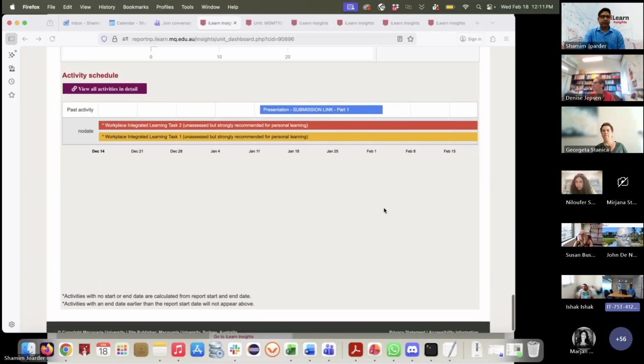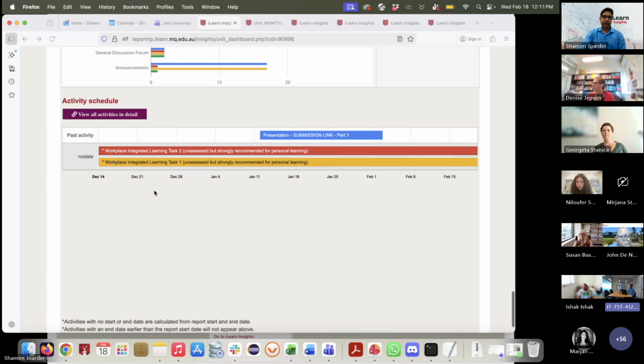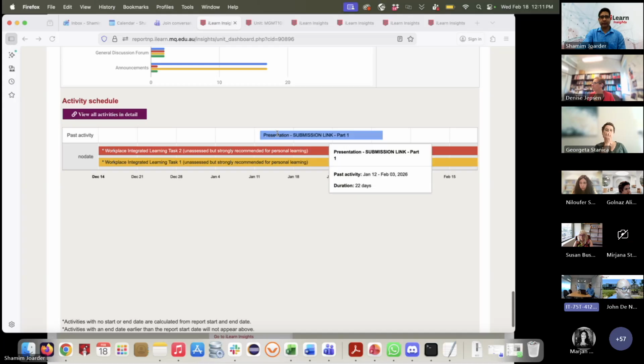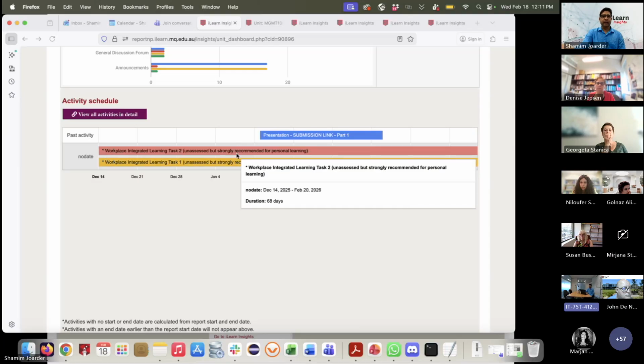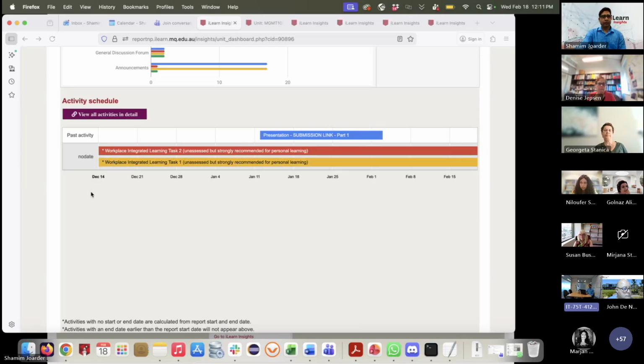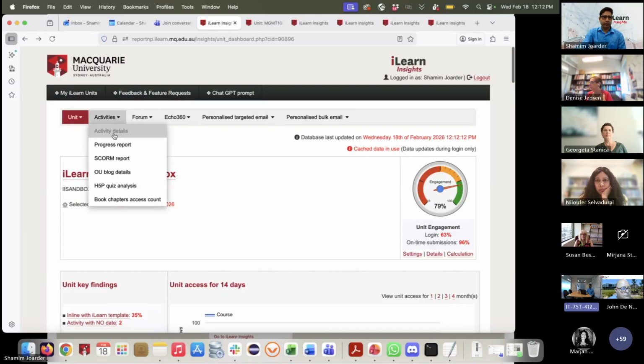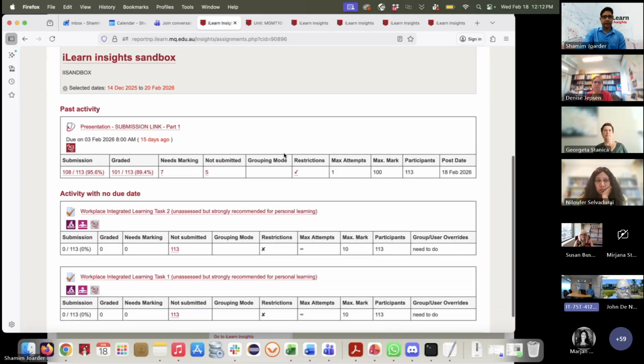And the last bit is again activity schedules. So this will show you in a timeline fashion. Past activities, there is only 1, and it will start from 12th January to 3rd February. And there are 2 assignments which have no date. So in this example, there is nothing else to show, but it actually groups together past activity, current activity, future activity, and no date. So you can always go to activity details over here, and you can see all the